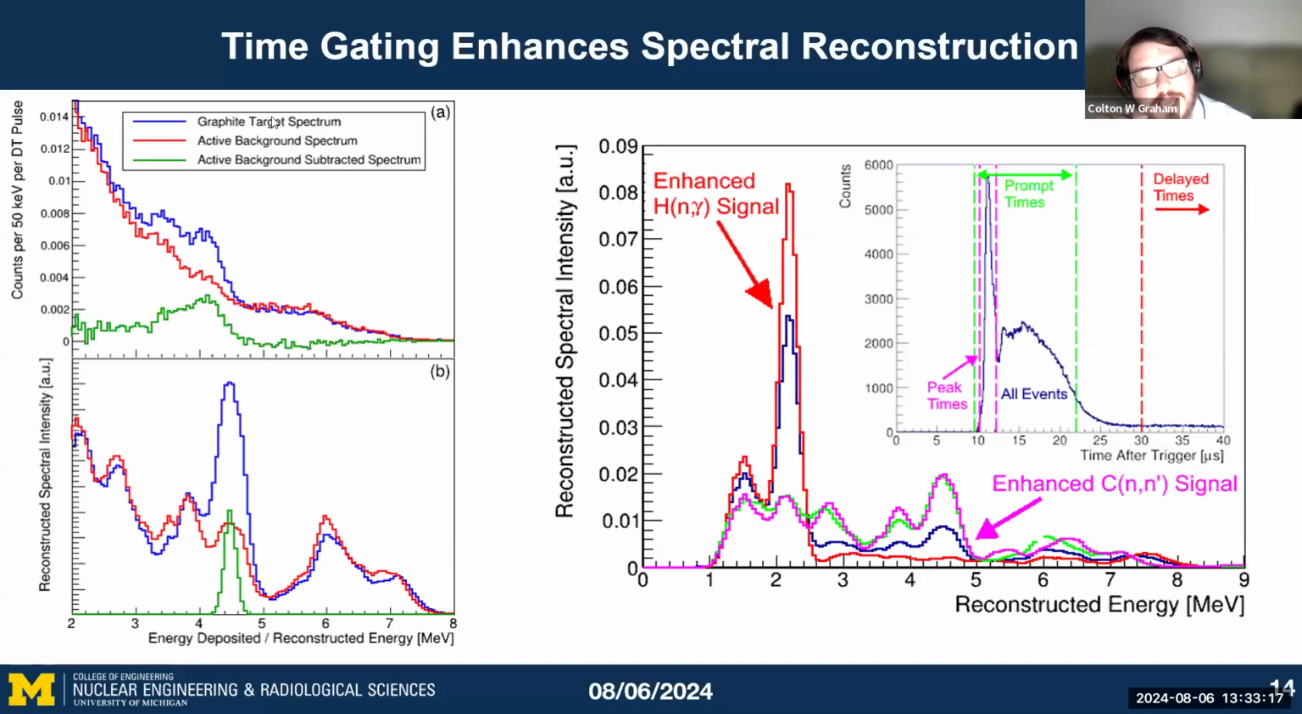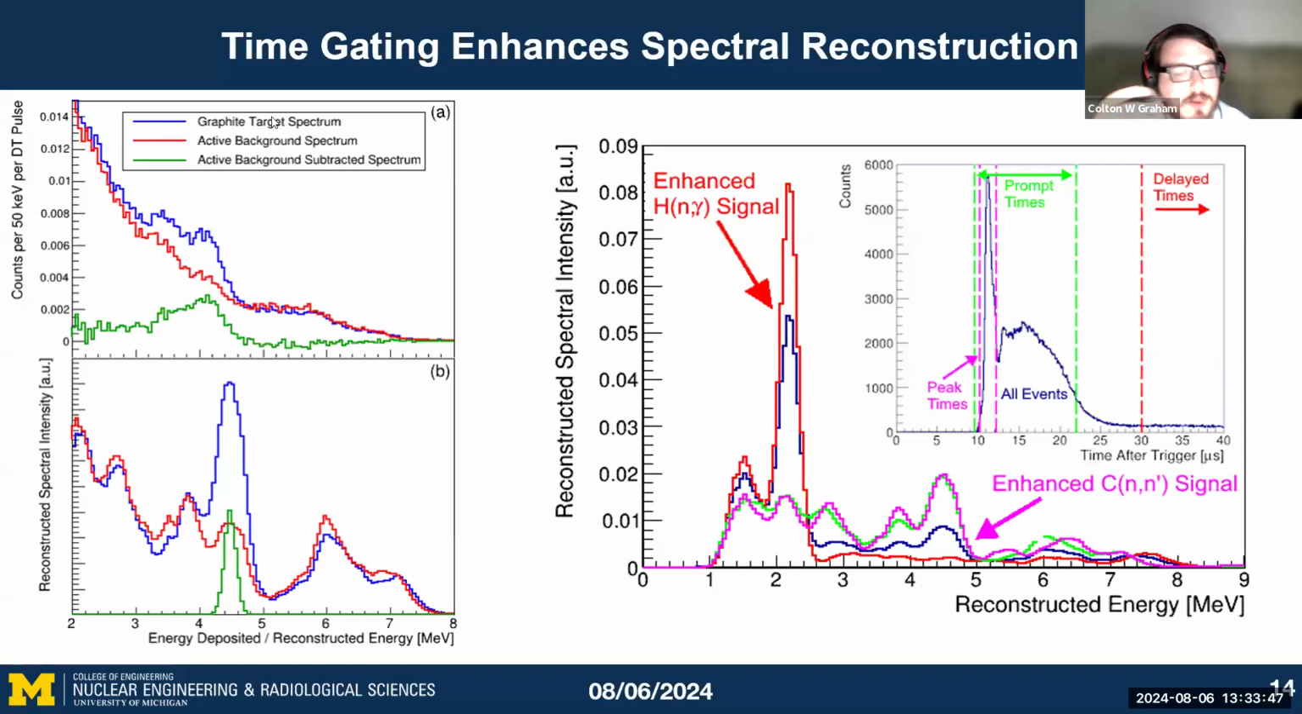Conversely, if we look at delayed times, we see an enhanced signal to background for the 2.2 MeV gamma ray associated with thermal neutron capture on hydrogen. So this confirms the advantage of using a pulsed generator in this context by giving you improved signal to background for different events based on their timing, despite the associated challenge of additional pileup due to the use of the